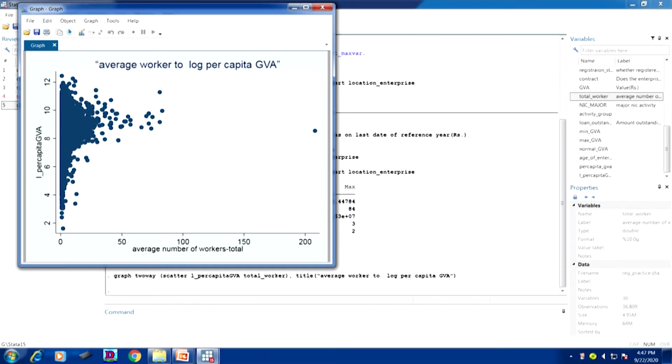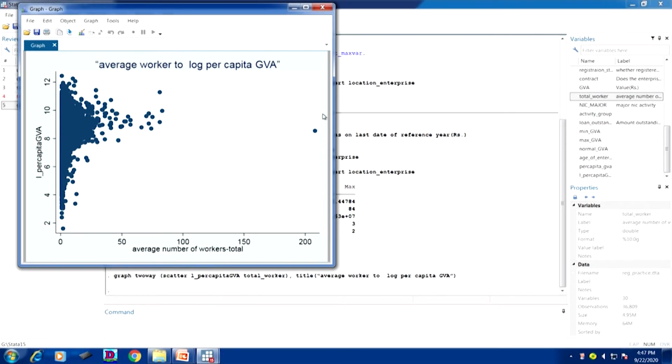The title comes at the top. Now, the per capita GDP is on the vertical axis and the average number of workers is on the horizontal axis. A point is highlighted here, which represents 200 workers having the log per capita income.